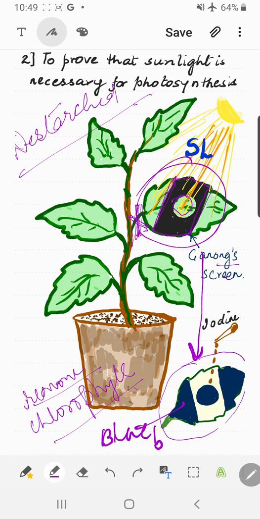You still have 2 experiments more to go, but for now I guess this is enough. Already you have had 4 videos, so we will be proceeding with the rest of the experiments in the next class, right children? Till then, just study these experiments from the book as well.